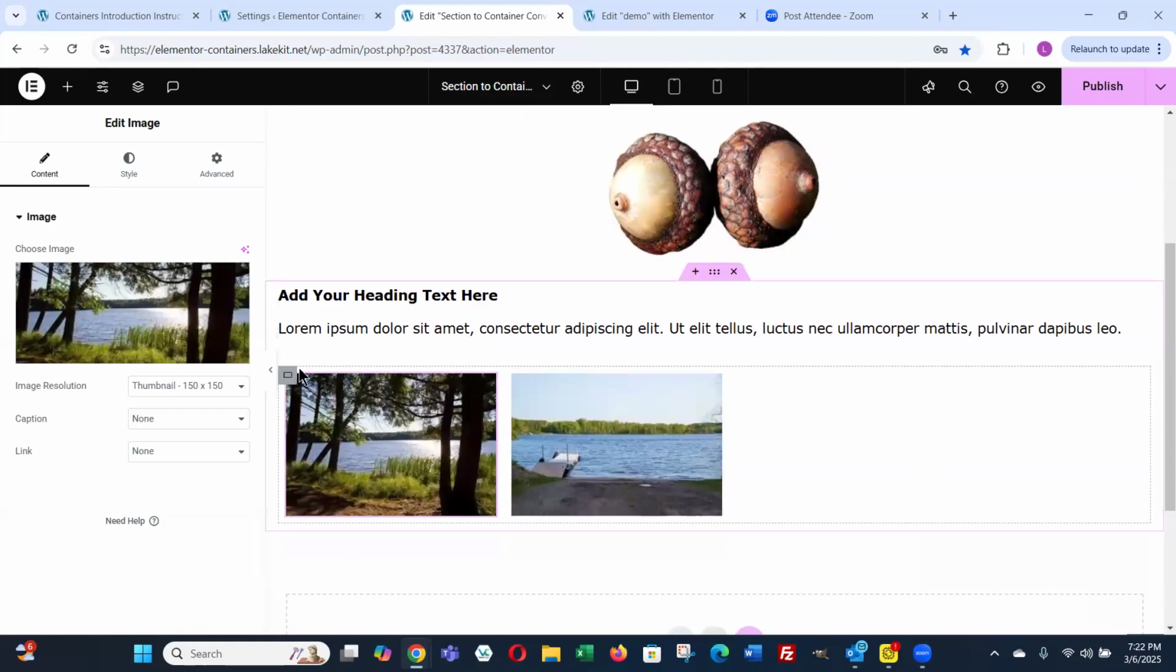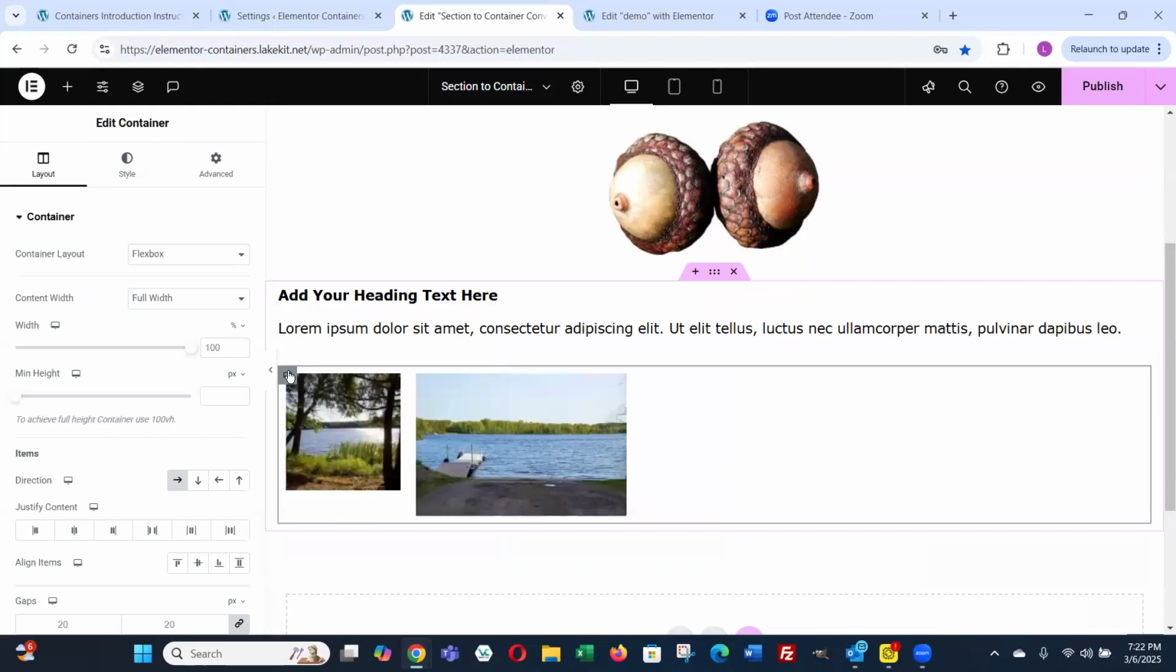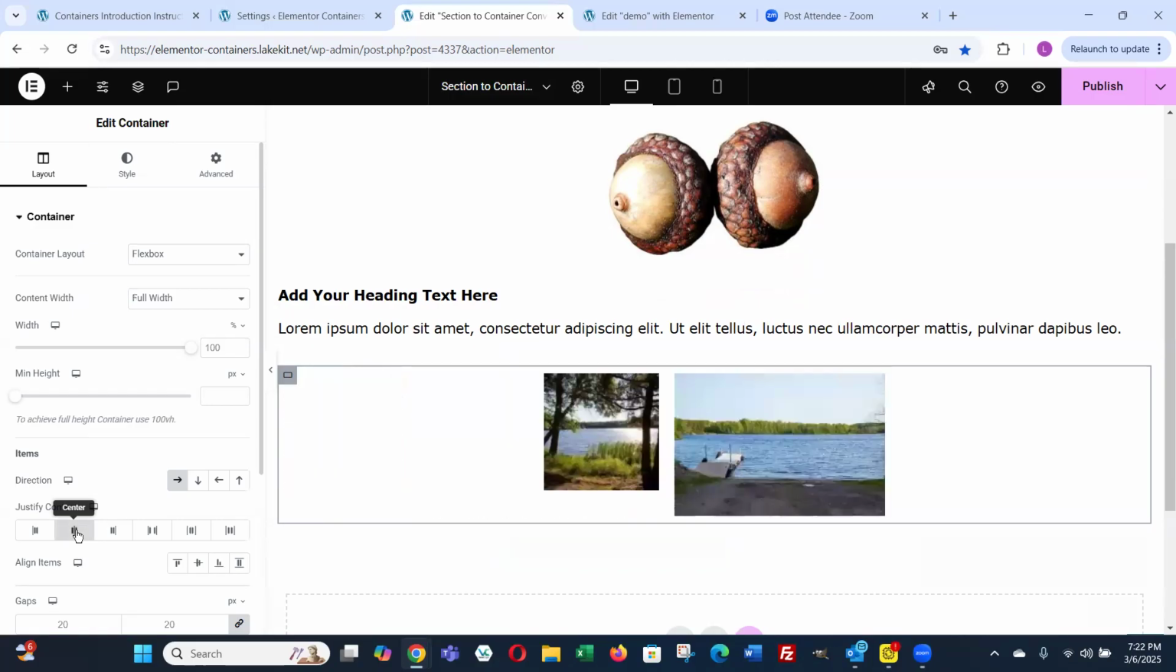So now I'm going to... see, that was a thumbnail size image, so it's smaller than the other image. I'm going to select the container, and then I'm going to go down in the left panel where it says justify content, and I'm picking center. So we will center these two images by clicking on that justifying icon. Now both images are centered